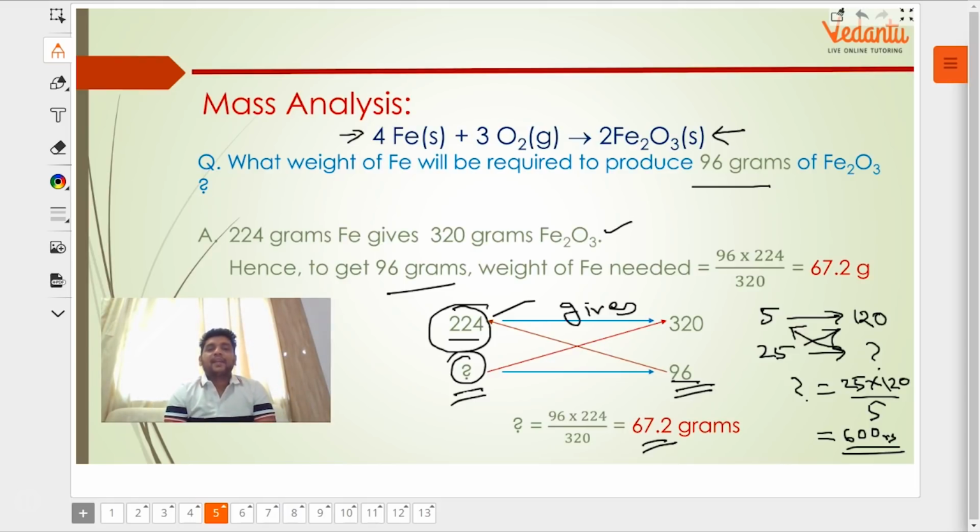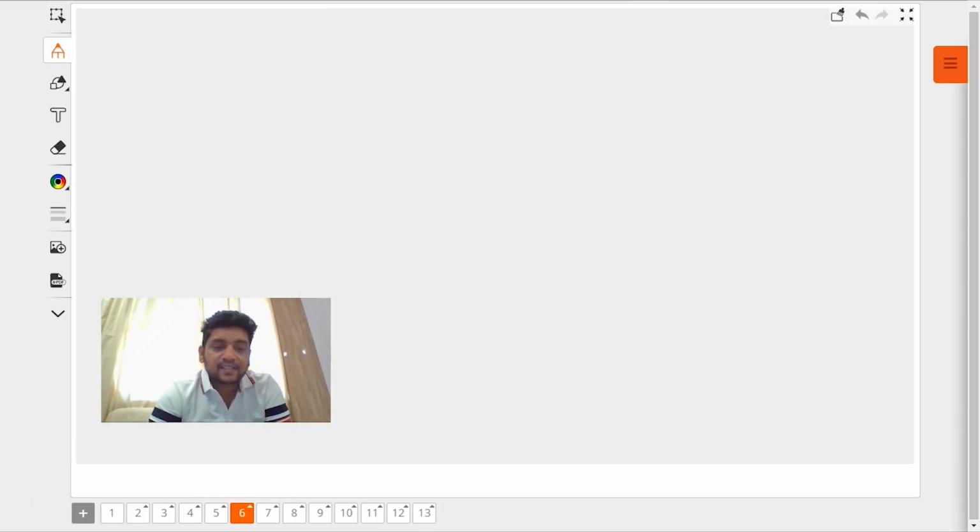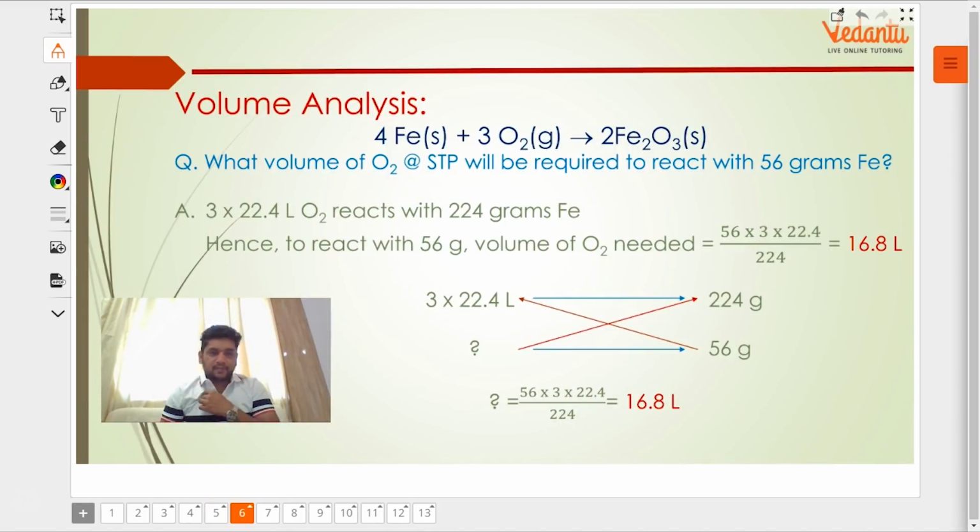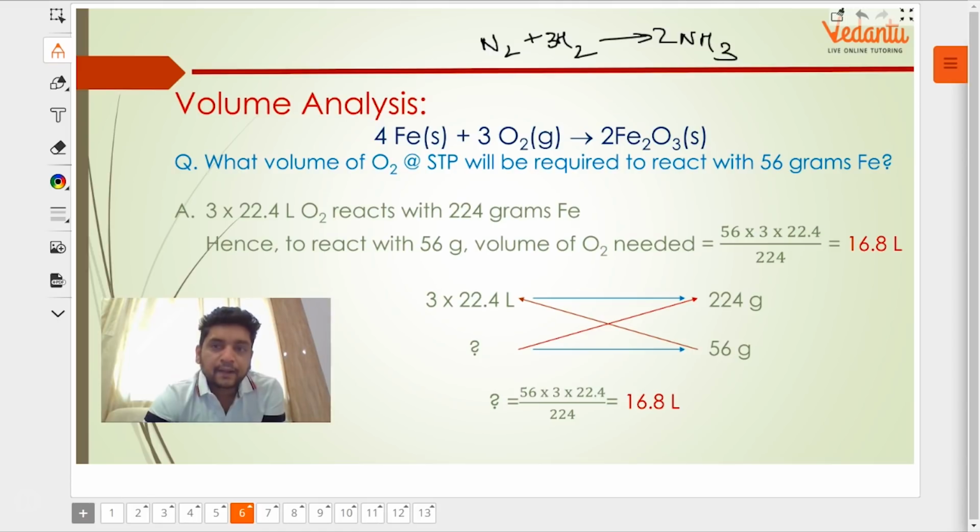We are just comparing masses of reactants and products based on what we can say about their ratio in the balanced chemical equation. ठीक है, तो दिस वाज बेसिक मास एनालिसिस। लेट्स लुक एट वॉल्यूम एनालिसिस बेस्ड। ठीक है, तो वॉल्यूम एनालिसिस भी होता है जहां पे आप सीधा गैसियस रिएक्टेंट्स और प्रोडक्ट्स अगर है तो वो आप गेलुसैक्स लॉ यूज करिए। फॉर एग्जांपल लेट्स से N2 + 3H2 गिविंग यू 2NH3, ऐसे टाइप का एक रिएक्शन है मान लो। ठीक है, तो ये रिएक्शन में यू कैन से Gay-Lussac's law says that volume ratio will be a simple whole